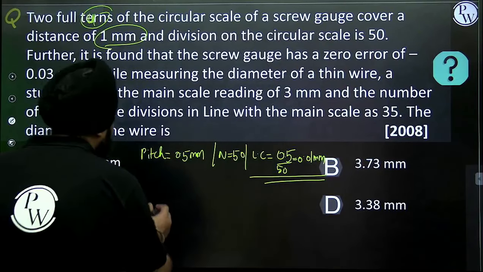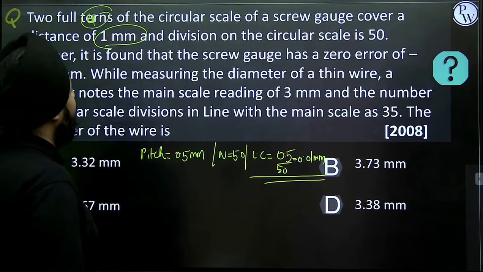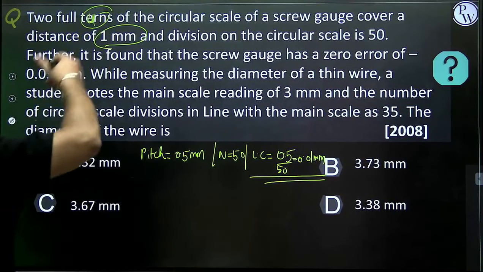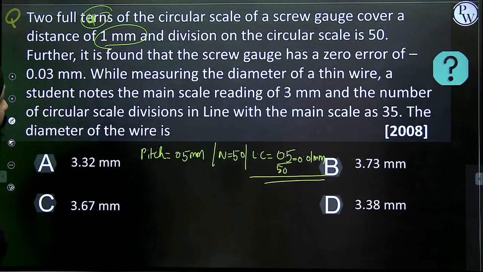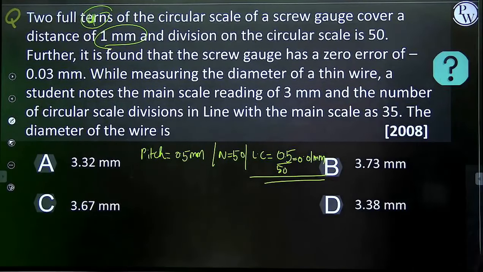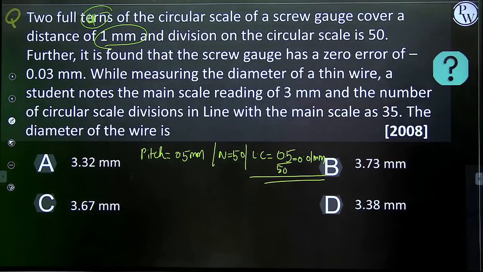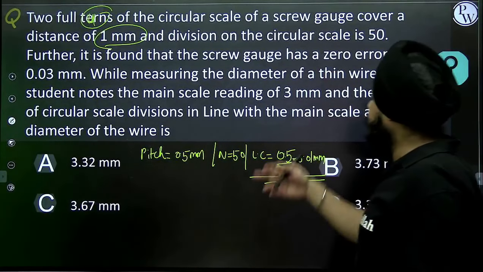See, what will be the pitch? 0.5 mm. The number of divisions on the circular scale is 50. It is given in the question. And then what will be the least count? It is a very simple thing. The least count is 0.01 mm. So while measuring the diameter of the thin wire, see,